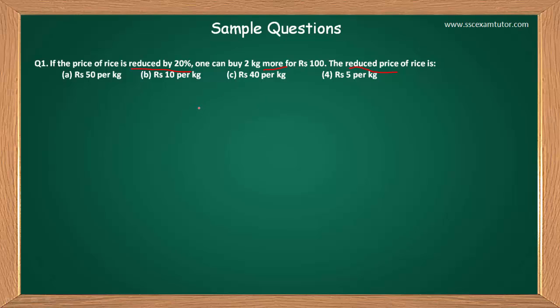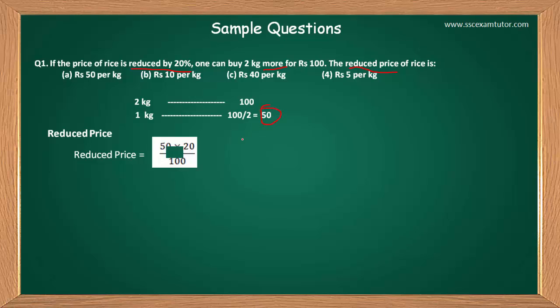तो आपको रिड्यूस प्राइस निकालना है। तो जैसा कि पिछले दोनों क्वेश्चन में मैंने बताया कि पहले 1 केजी का दाम निकालेंगे। 2 केजी का दाम अगर 100 है तो 1 केजी का 50 हो जाएगा। और रिड्यूस प्राइस निकालना हो तो कुछ करने की ख़ास ज़रूरत नहीं है। ये वैल्यू जो कि 50 आया उसका यूज़ करते हैं, और ये जो दिया हुआ है 20 इसका यूज़ करते हैं अपॉन 100, इसको सॉल्व कर देते हैं। ₹10 आ गया, यही आंसर है। तो इसे सॉल्व करने में केवल 1 सेकेंड या 2 सेकेंड लगेंगे आपको, और मुझे नहीं लगता कि आपको इसे निकालने के लिए पेन एंड पेपर की ज़रूरत पड़ेगी।